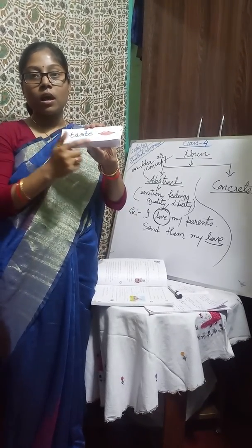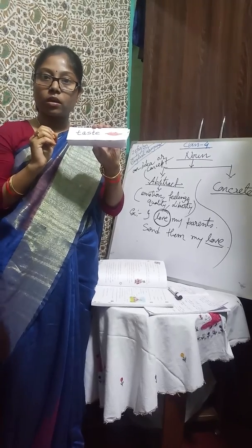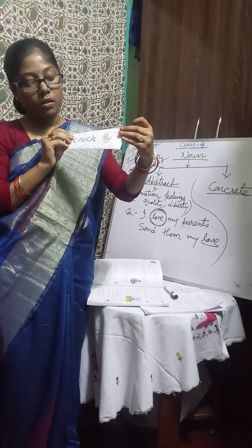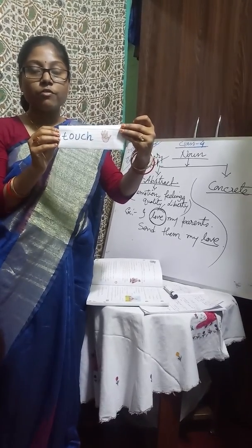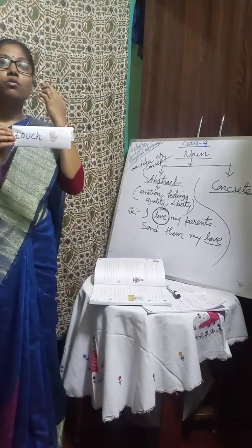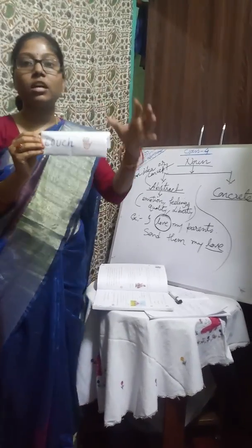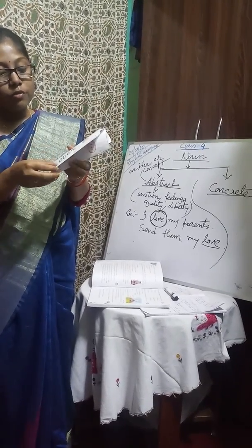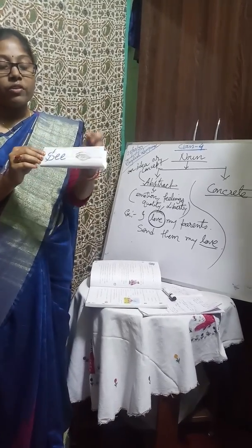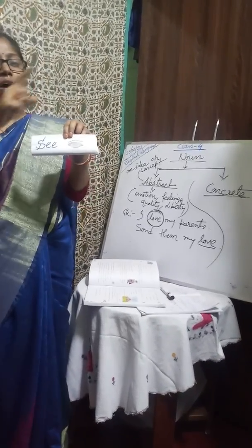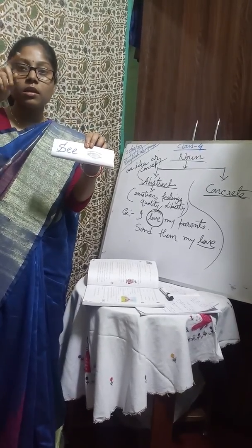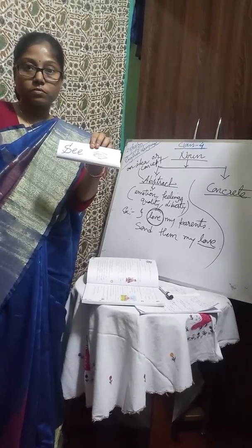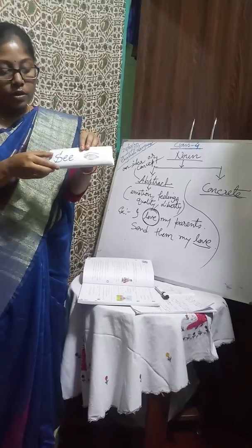By taste we can understand it is a concrete noun. Secondly, if we try by touch, if a sentence is related with some noun by which it is presented that we can touch that thing, then it is a concrete noun. Clear? Third, if we can see that thing, far away there is a house, so the house here is a concrete noun. Why? Because we can see that, even we can touch. Clear? So this is concrete noun.